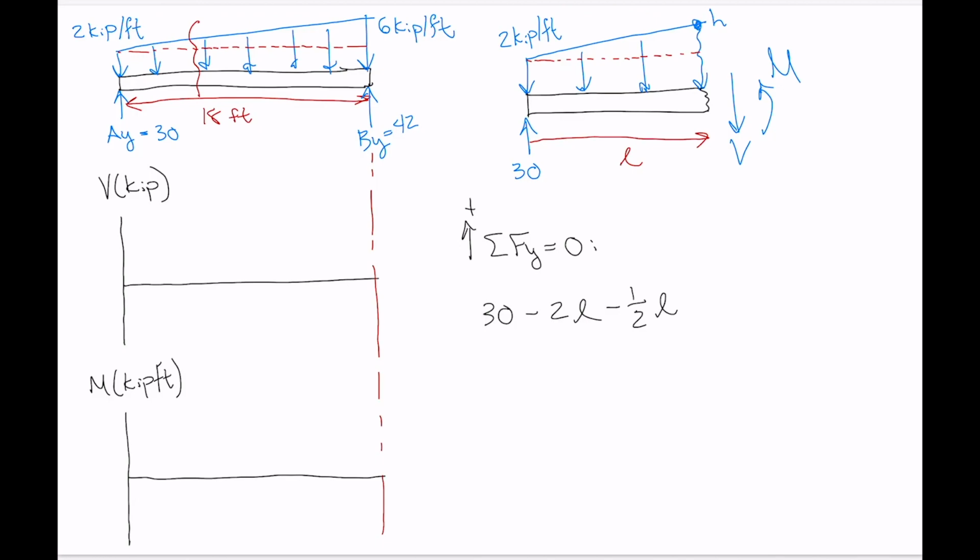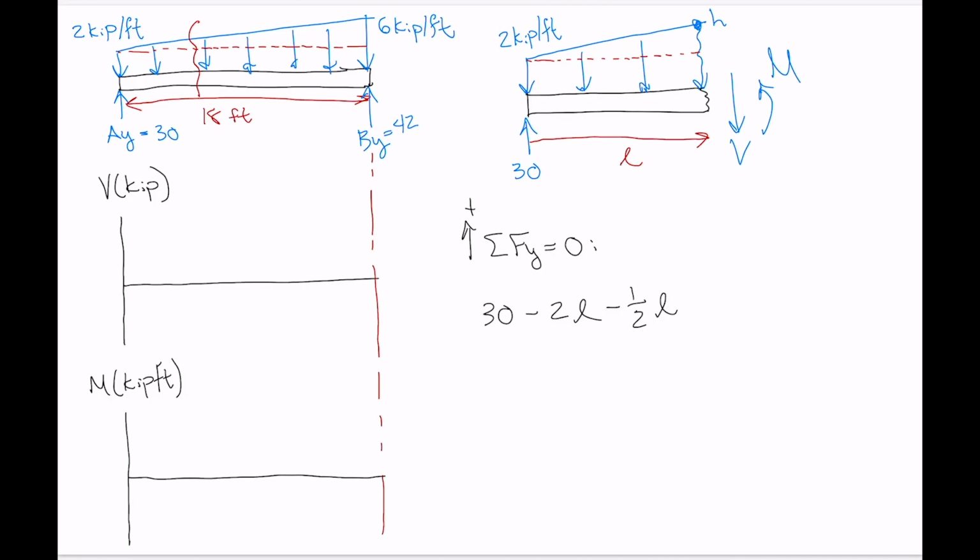Okay. Now, we don't want to go throwing a variable of h in our equation here, really, because that's just going to add an extra unknown that we're not going to be able to graph. So what we can do is replace that variable h and write it in terms of the starting and end points of the distributed load. So for example,